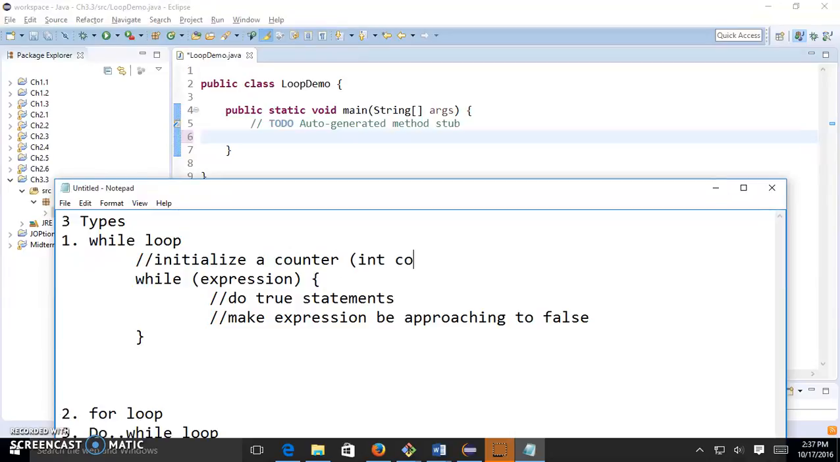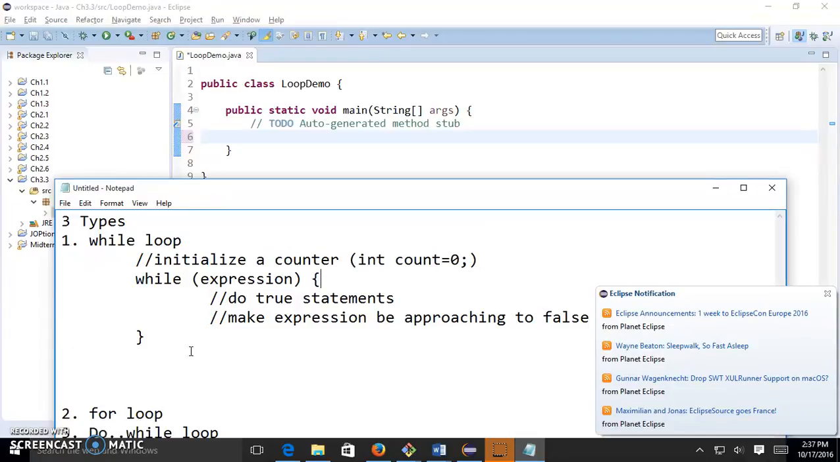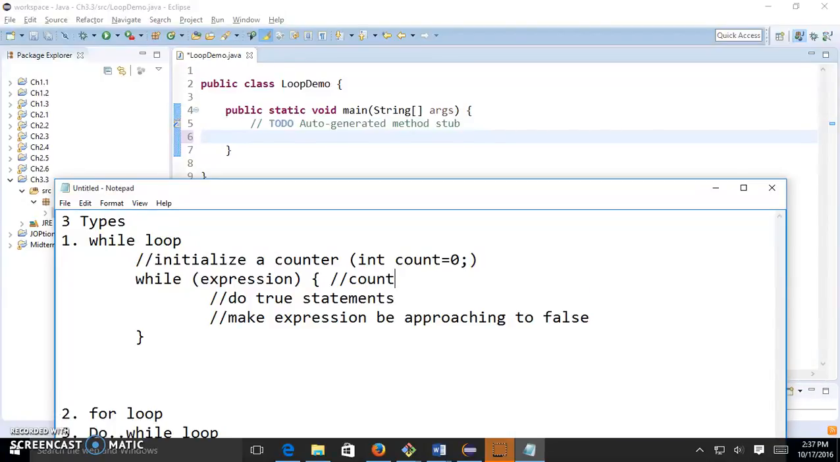Let me just give you an example. I say int count equals 0. And then I'm going to evaluate this by checking if count is less than 10. If it's less than 10, it's going to be true. When it's true, it's going to do system.out.print hello, correct? After it prints hello,